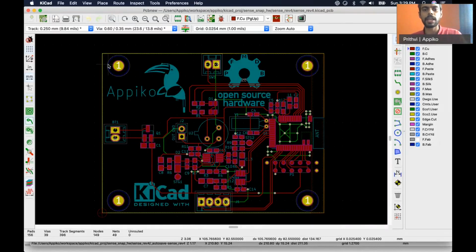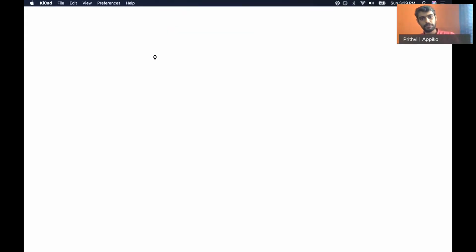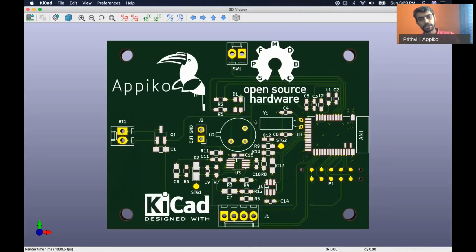Initially, we designed the PCB for an off-the-shelf enclosure that we were buying and then drilling and routing through a CNC machine to make the opening for the Fresnel lens as well as the configuration button and the connector for the camera. In the next version of the design, which I shall show you now,